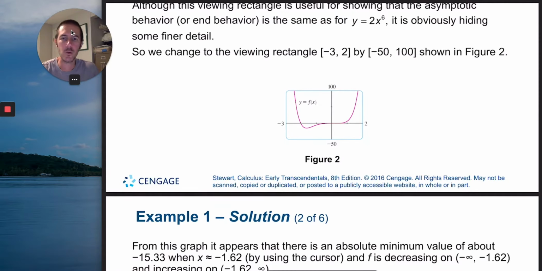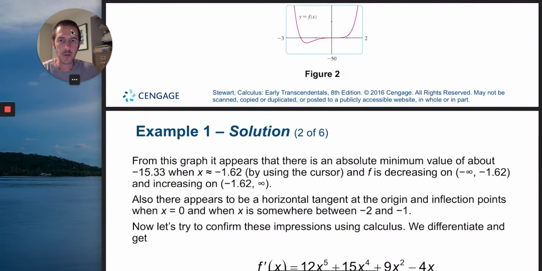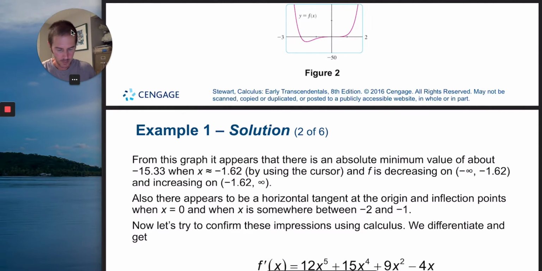So that's figure 2, and as we move down, the author makes some comments, and you can pause these and read about these if you wish. It appears the graph has an absolute minimum, right? So definitely a horizontal tangent line looks like it's happening in here. If you look back up at figure 2, I think we've got a horizontal tangent line there. The author is saying